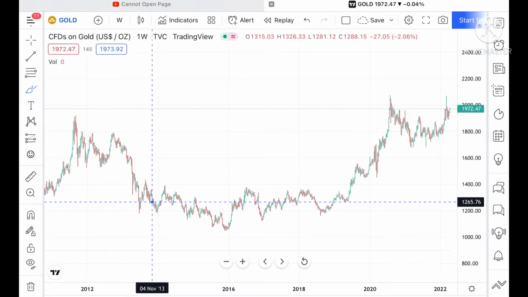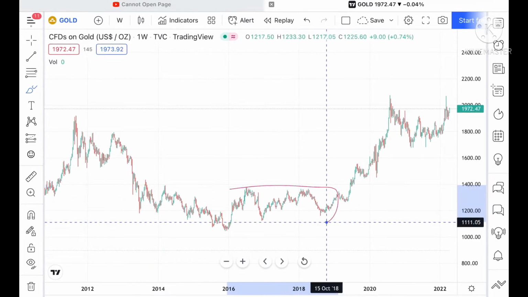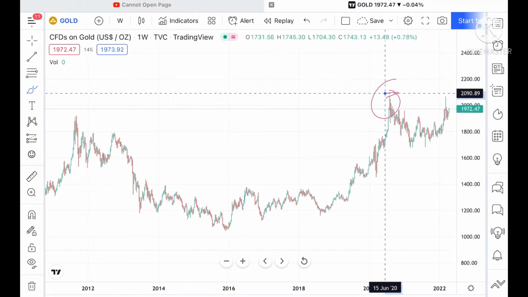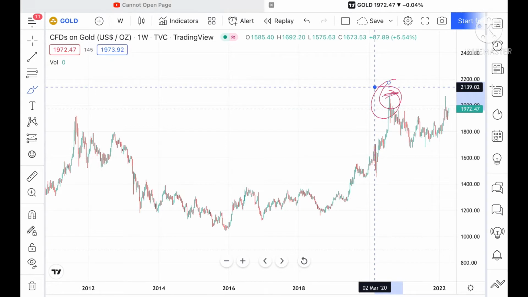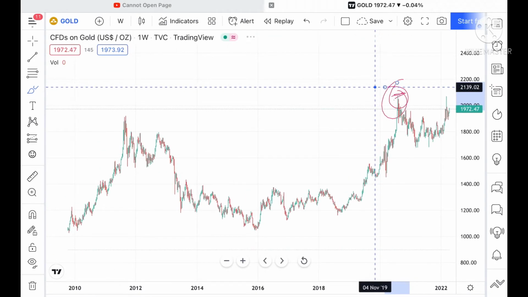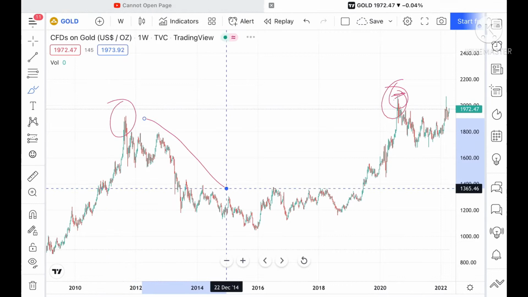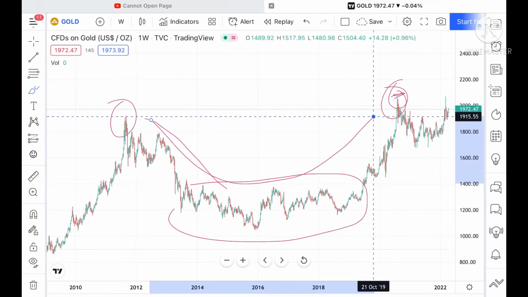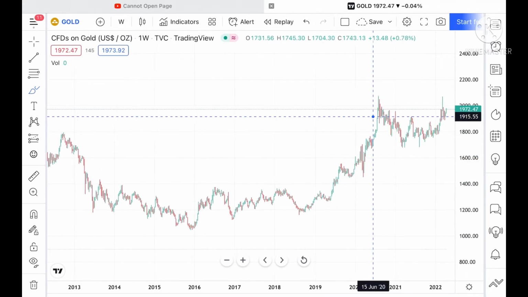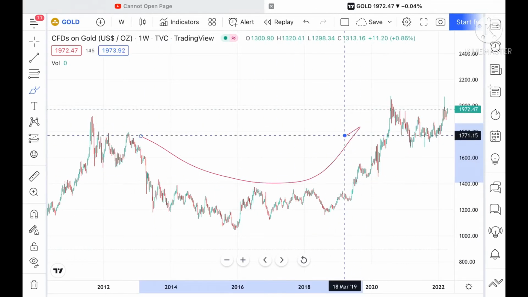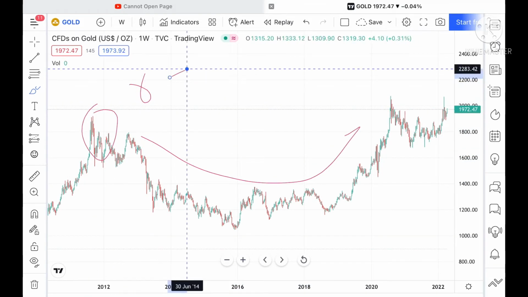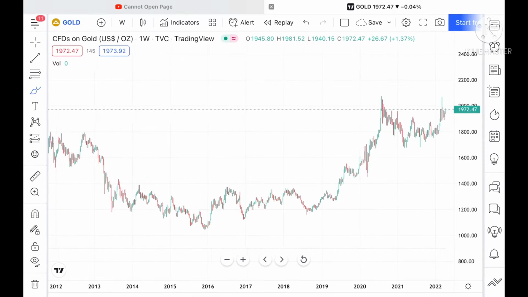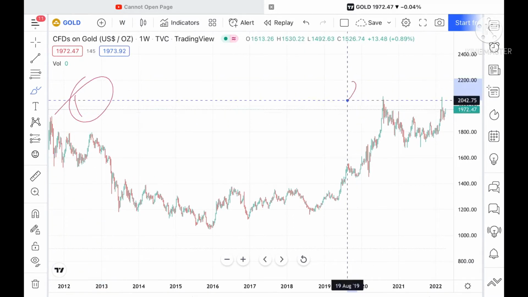Before lockdown also I was telling you that if the price breaks this particular range, we can see further upside. So it made a high at this particular level, and I have already told you at this level also that profit booking has come 2-3 times, because you have seen at this level profit booking has come and it has come down. Then it was in this particular range. See, you have seen a U pattern, the same pattern followed here, but in a small way. It is not taking 8 or 10 years, but only 1 or 2 years for this particular pattern to form. So this is the first time, this is the second time it has formed.